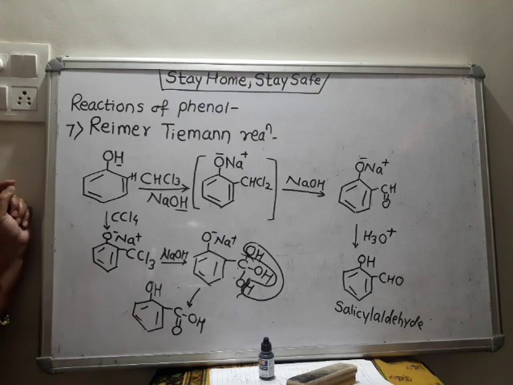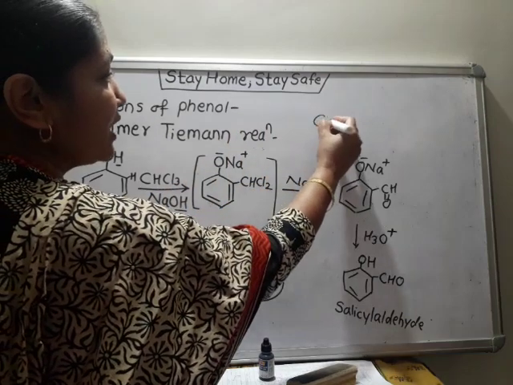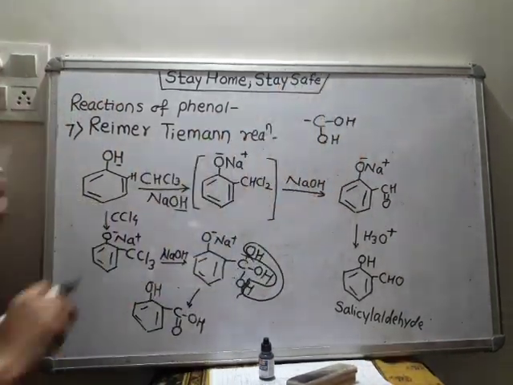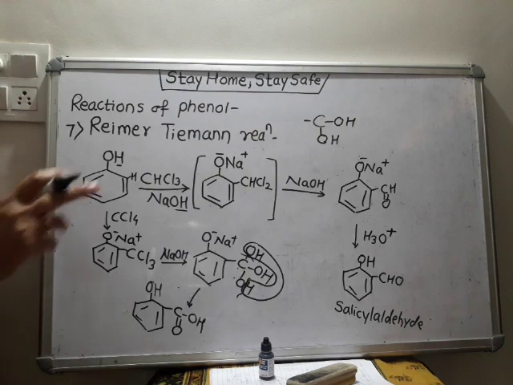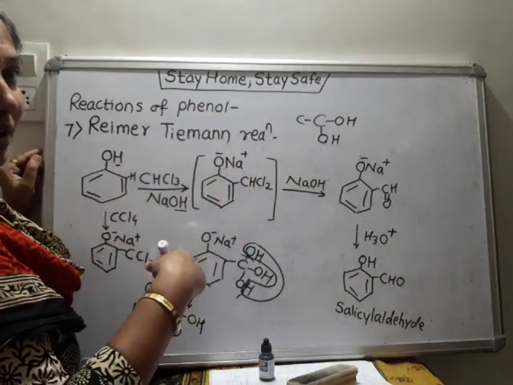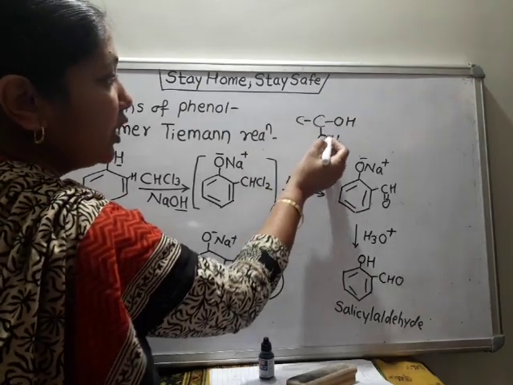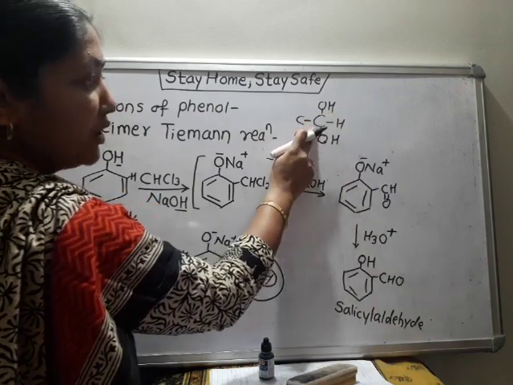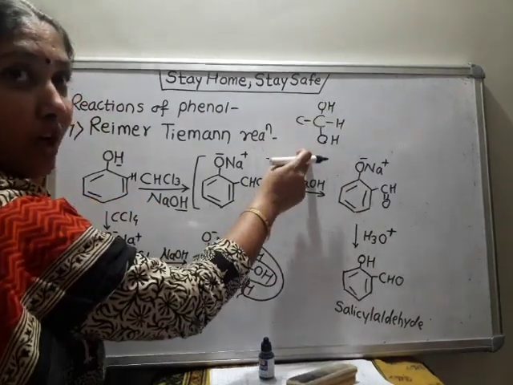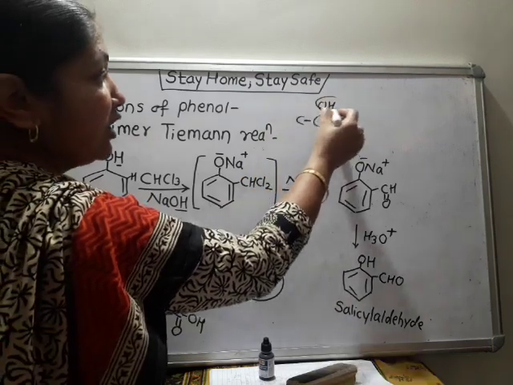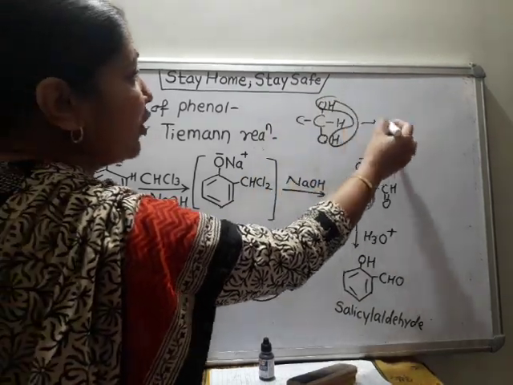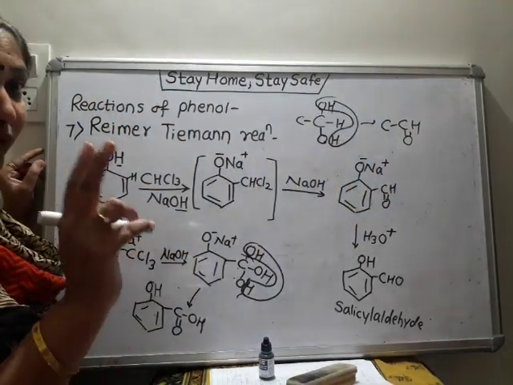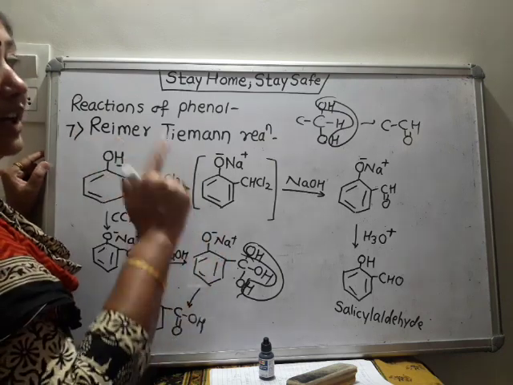And always remember, if 2 OH groups are present on a terminal carbon, listen to me carefully. Terminal carbon means 2 OH groups are there and one hydrogen is there. This is the terminal carbon, the end carbon, and there are 2 OH groups. So when 2 OH are present on a terminal carbon, the product formed is always an aldehyde. Clear? If 2 OH are present on a terminal carbon, we get an aldehyde.